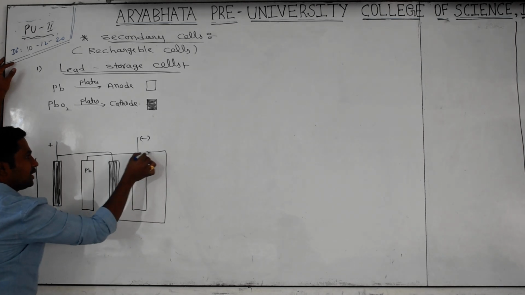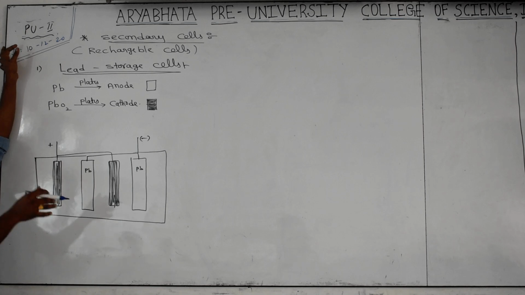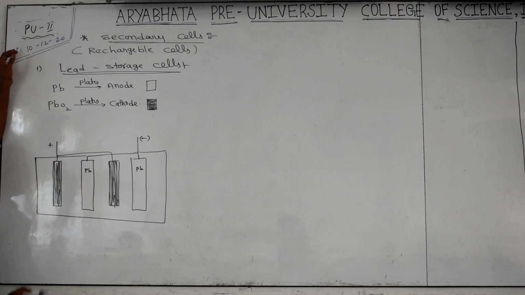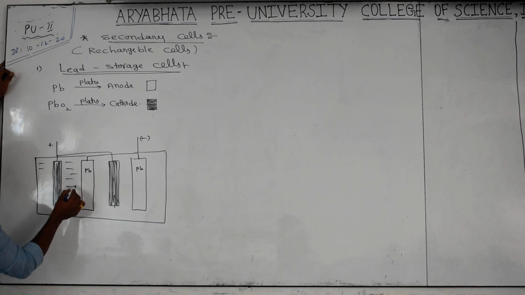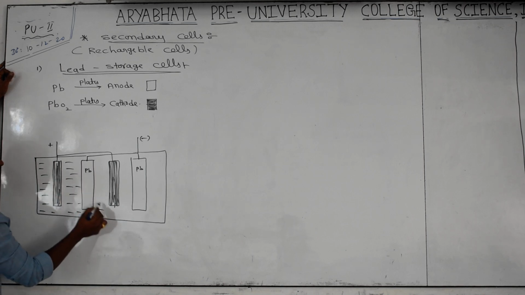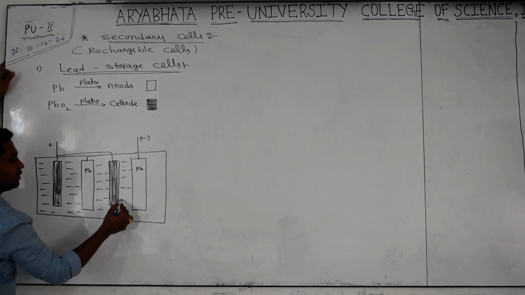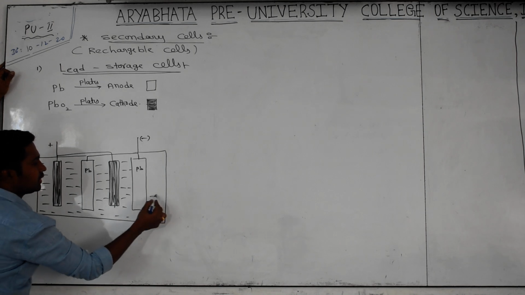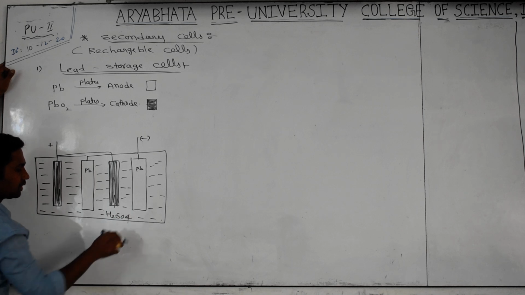Now this total equipment has to be placed in one hard plastic container. Now we can understand. These are in automobile batteries or inverters, all of these. This is the arrangement, which is nothing but a plastic tub or plastic container. It should be very hard, because in this vessel or plastic tub you are taking one electrolyte. It is a powerful acid, sulfuric acid. We are taking sulfuric acid as the electrolyte.